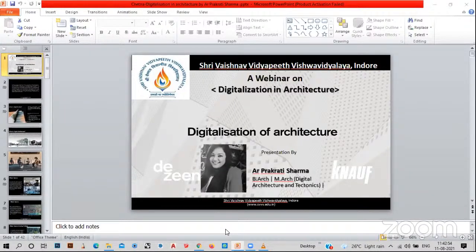Machine can give you certain options. The decision maker is an architect. How much daylight you require for that particular space? If everything is done by a machine, there is less human error, but the decision maker is an architect, and also a client has certain requirements. So advancement of these technologies will give you a boundary to push your imagination. But at the end, the decision maker is an architect.